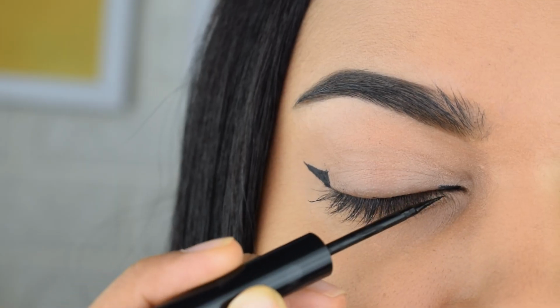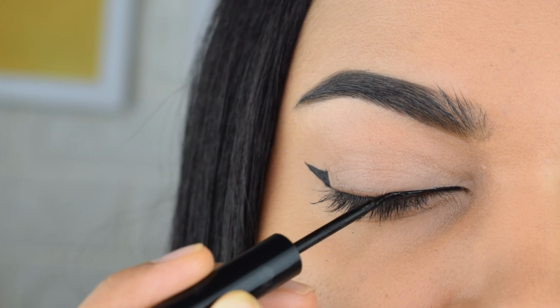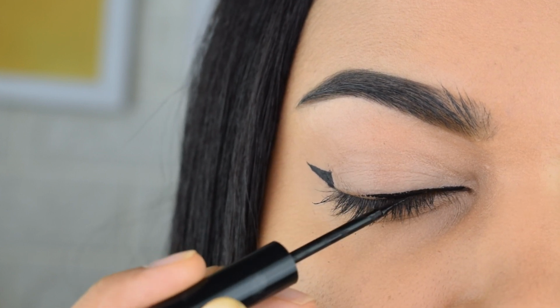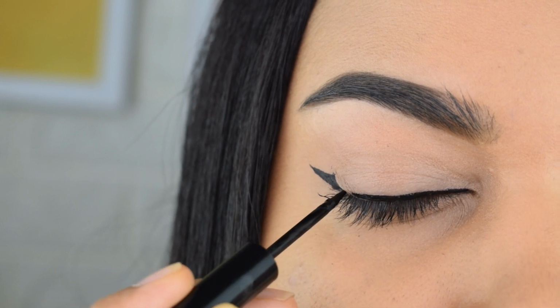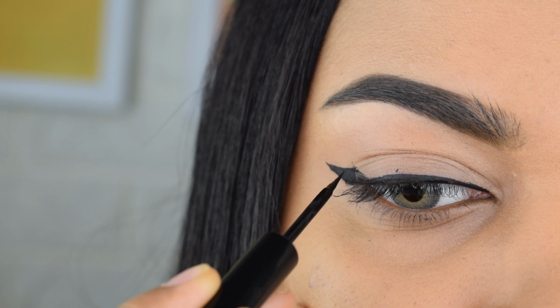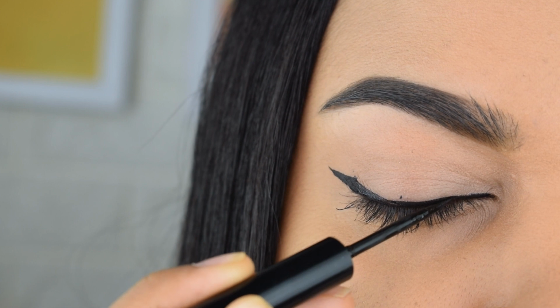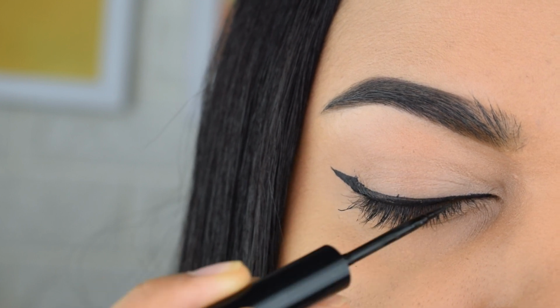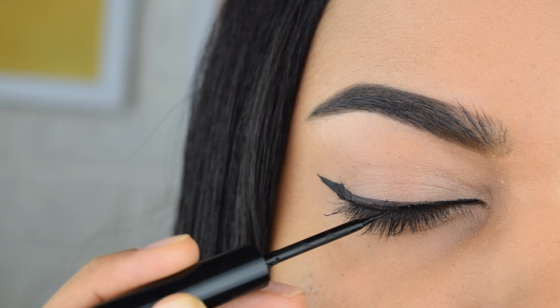And after you fill in completely into that gap, we're going to do a basic liner like how we always do our basic liners. Keep it thinner, especially if you have lesser lid space, otherwise it is going to cover your entire lid and the eyeshadow. So we're going to make it super thin like the basic liner. And then you have the vertical line. So from that, we're going to slowly pull that towards two-thirds of the eye. So when you pull that line in that place, you get the thickness without it going on top of the